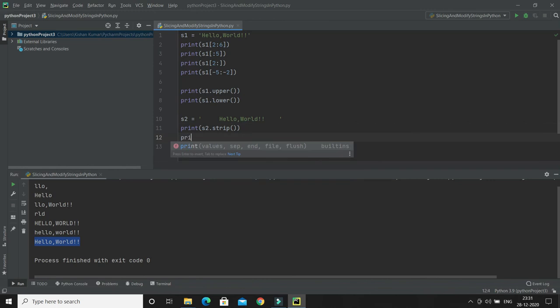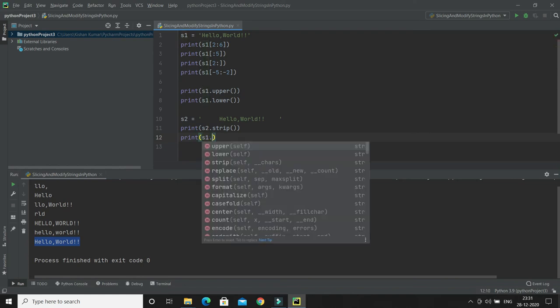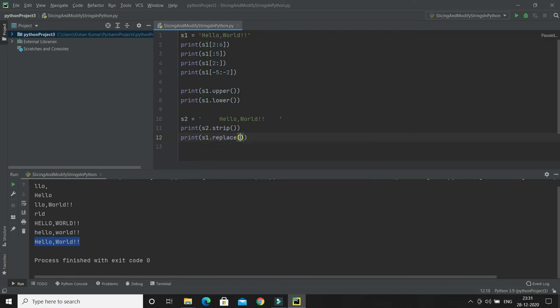If you want to replace some substring within the string, then you can use replace. Here I'll say s1.replace, and I would like to replace the character h with, let's say, j in this s1.